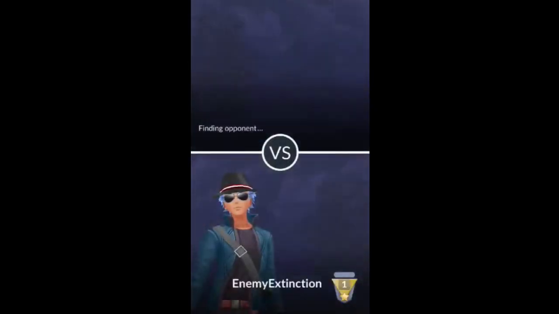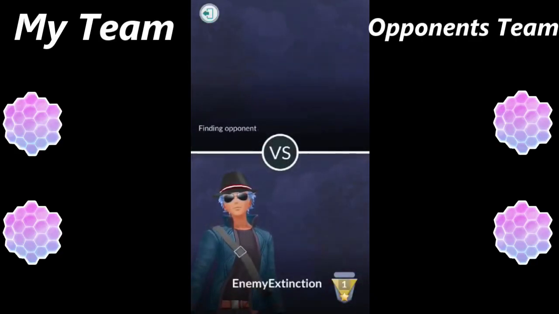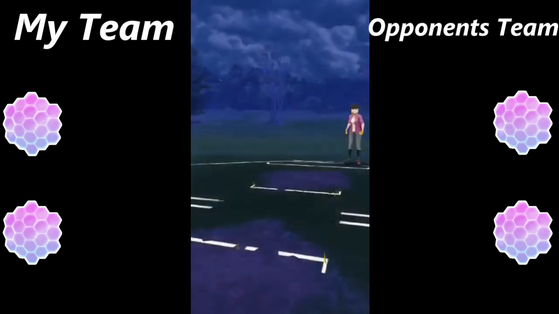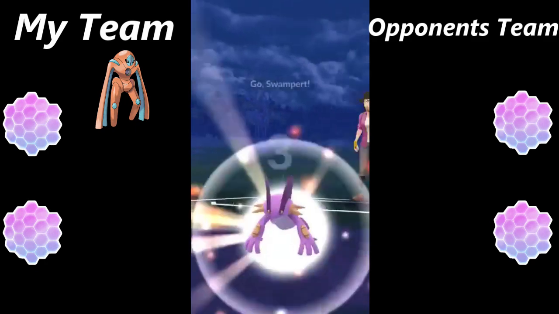And right here you see me choosing my team of Defense Deoxys, Skarmory, and Azumarill. And now I'm just waiting for my opponent to show up. So I know when this originally launched it was a little buggy, but now it's working perfectly fine. So my first opponent right there has been found, and we're going to start off with the Defense Deoxys, and